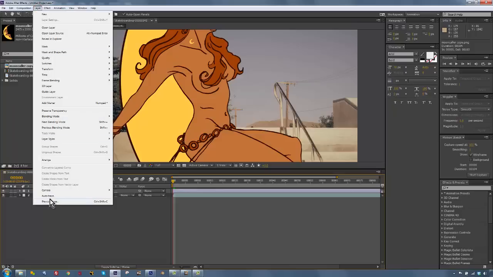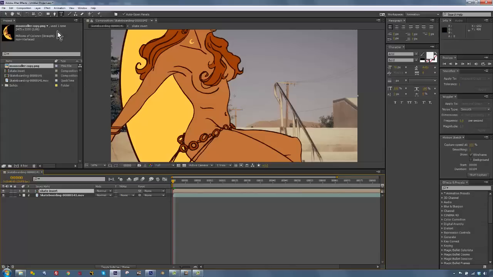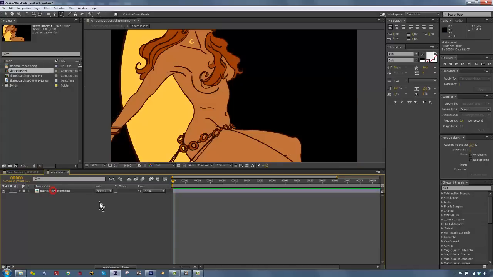We're going to go to Layer, Pre-Compose, or you can just hit Control-Shift-C. Okay, and we're going to call this Skate Insert. I feel like a pinup is appropriate to skateboarding culture. We're going to move all our attributes into the new composition. We're going to hit OK. And what we're actually going to do here is open up our comp, and you see that this isn't quite right. Okay, so we're going to select our layer inside of our pre-composition, and we're going to go to Layer,